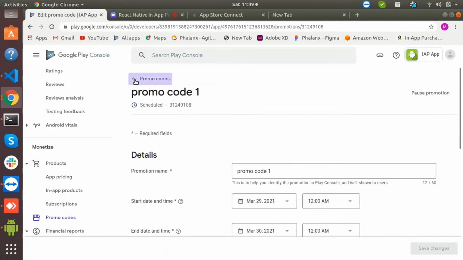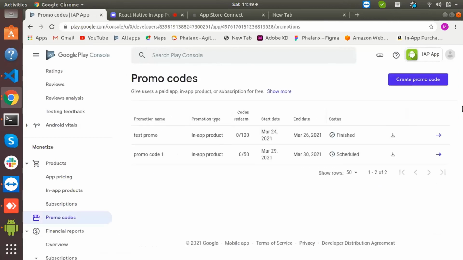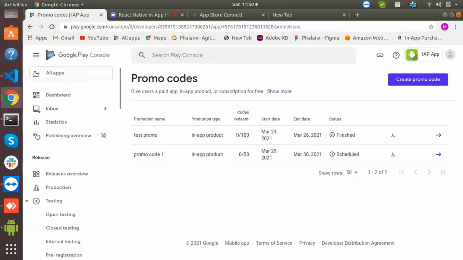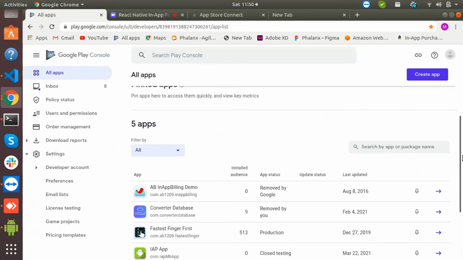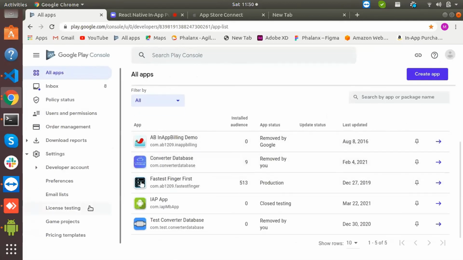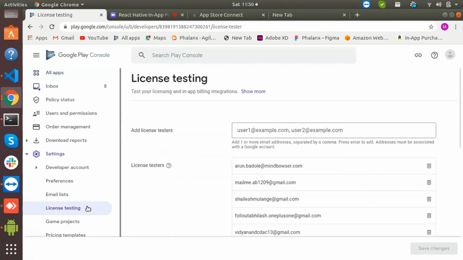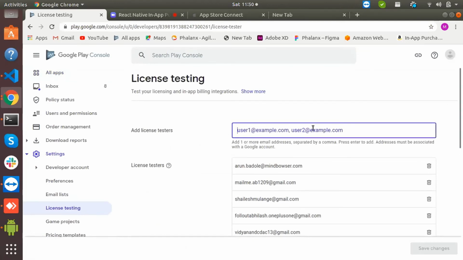So here our promo code is also created. We will also see the license testers, where we need to add license testers. On the dashboard where the application list is displaying, on the left hand side we can see the license testing option. Here we need to add just the email ID,